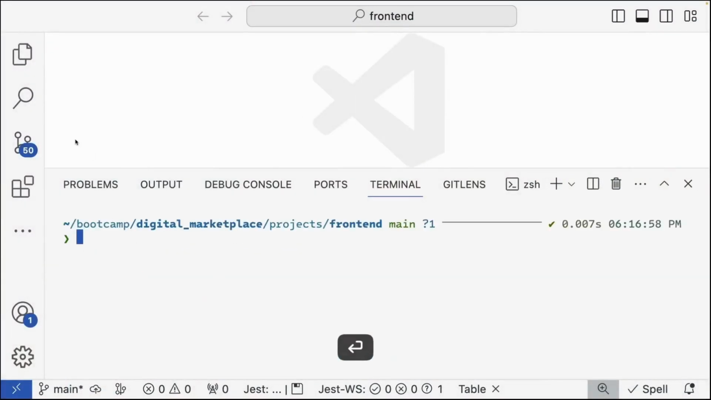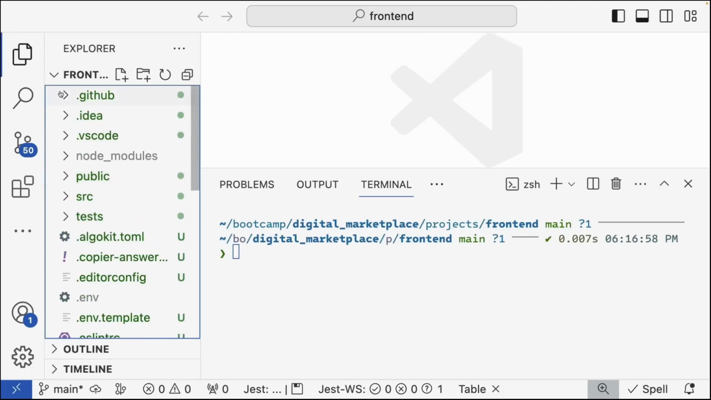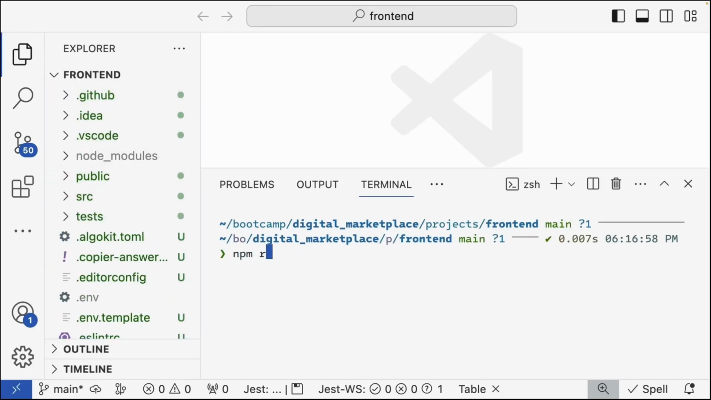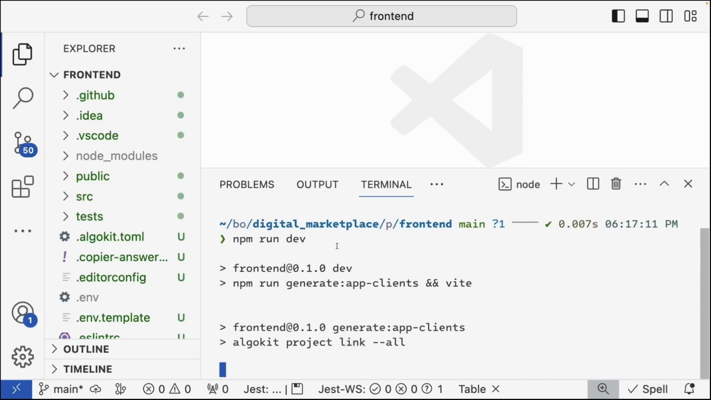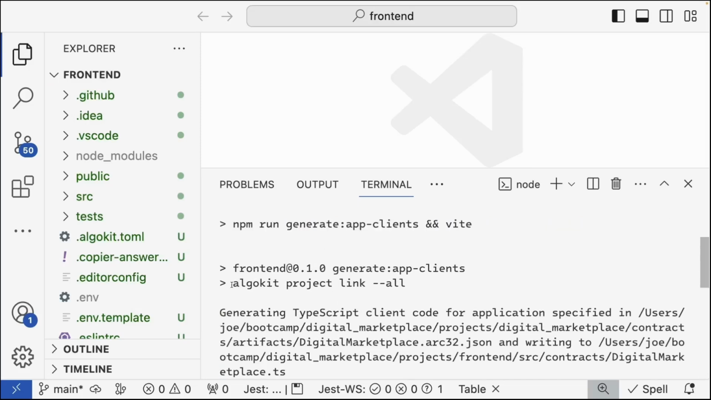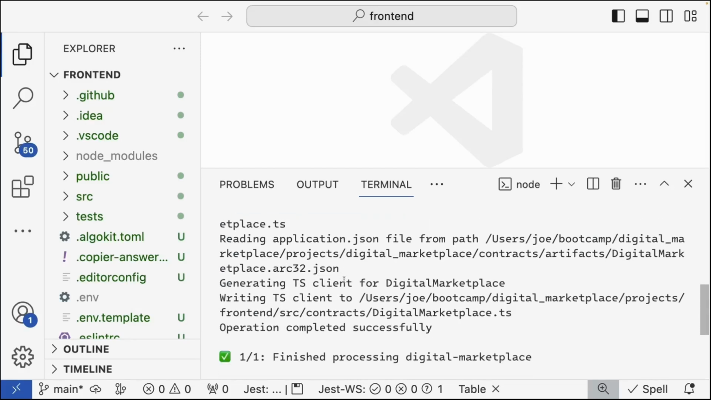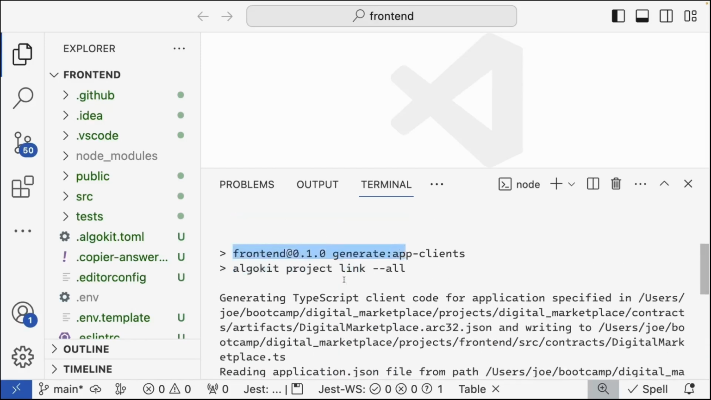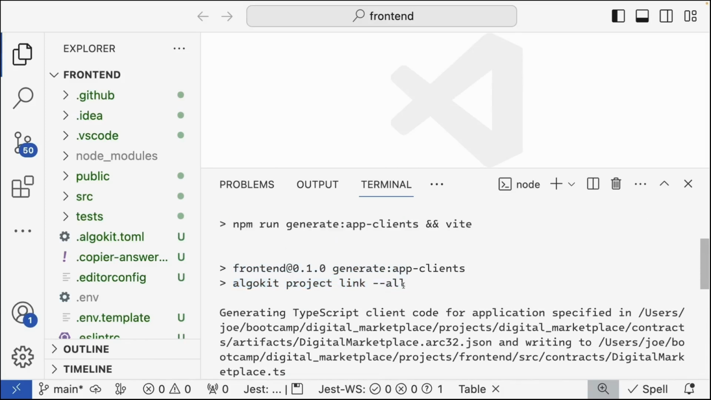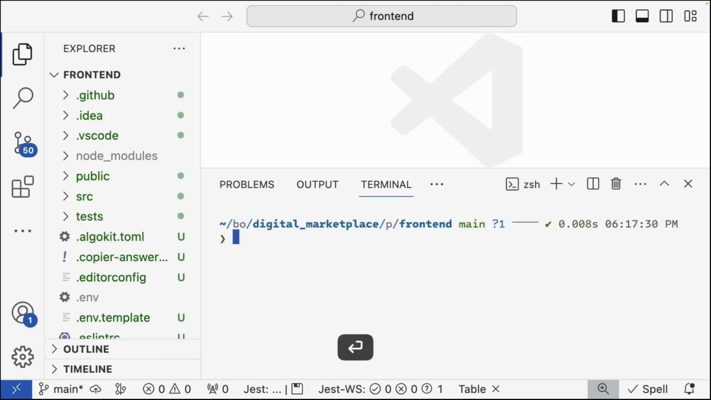If I come back here and do an npm run dev again, and we take a look at one of the steps, there is this AlgoKit project link all, and it's generating a client for us. This is how we link our smart contracts to our front end. If I copy that command and run that independently, so it's a little easier to read the output,